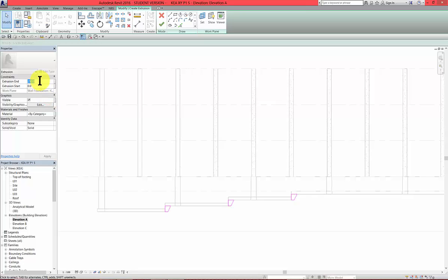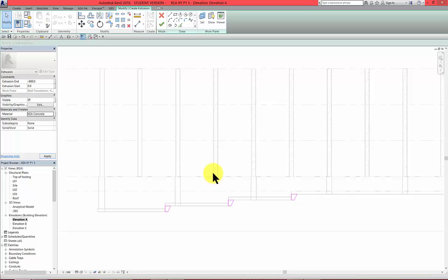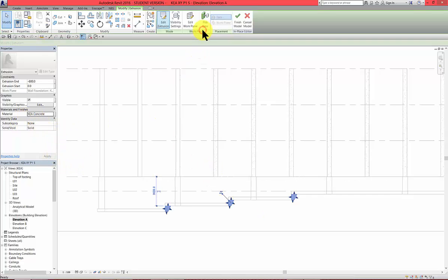In an extrusion end will be -800, extrusion start 0, visible, then material is going to be Kia concrete, OK, then the rest is fine, finish this